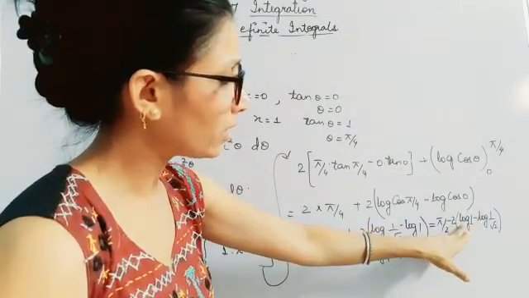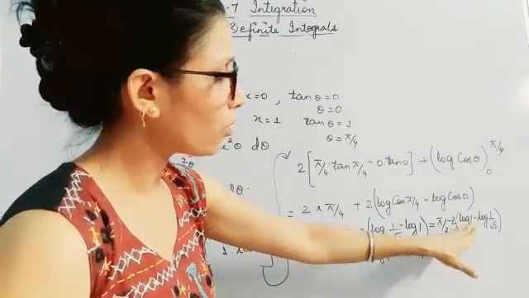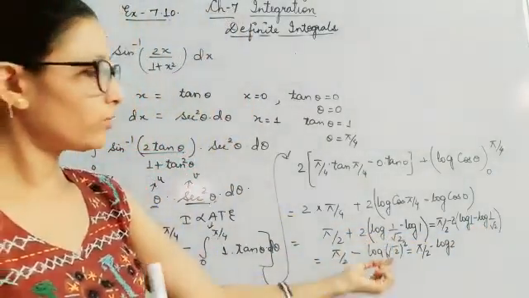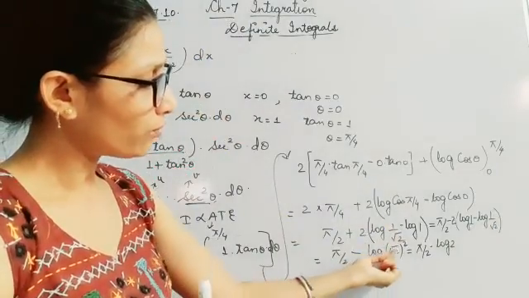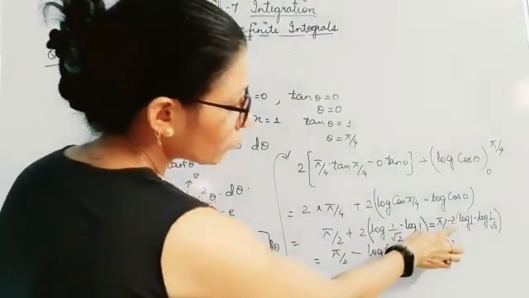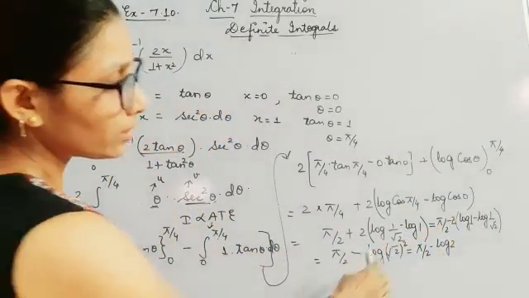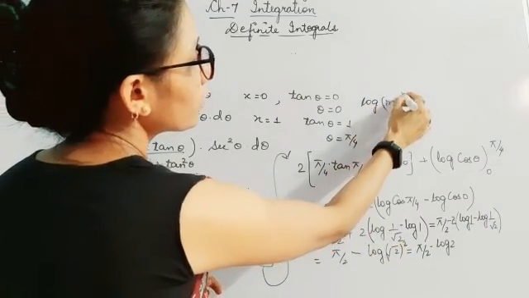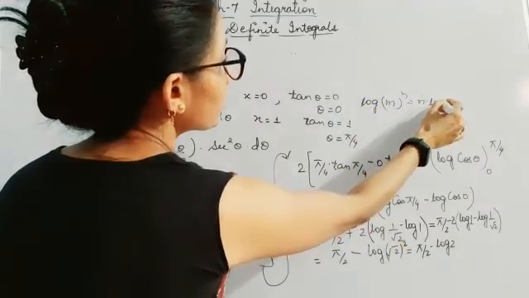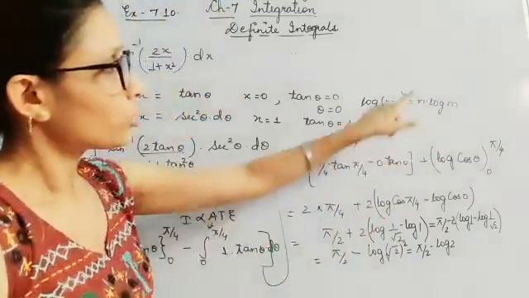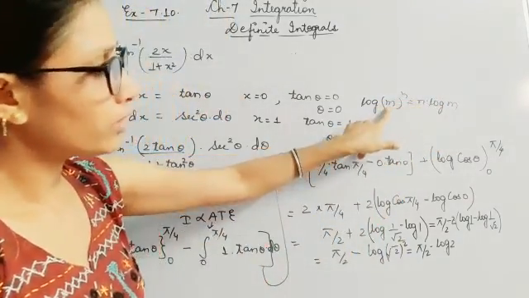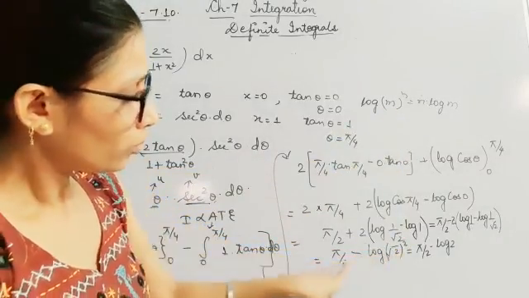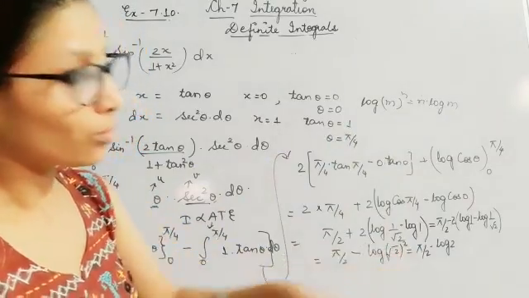Now applying here the property or rule that log of m minus log of n gives log of m by n, which will give me log of root 2. Now children, this 2 which was written here is taken into the power, because you know log of m raised to power n can also be written as n into log of m. So we were given this form and I have written it in this form. Here it is squared, so the square of root 2 is just 2. So I am getting it as pi by 2 minus log of 2. Have a look.